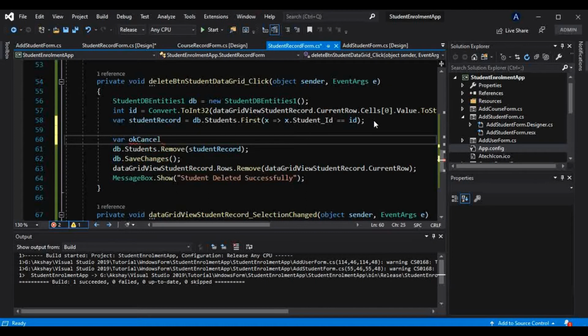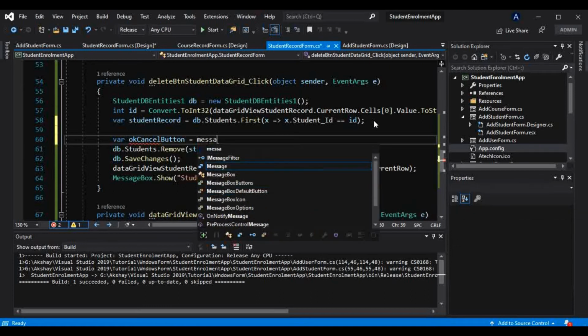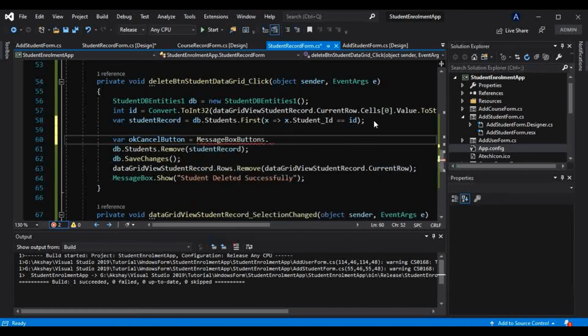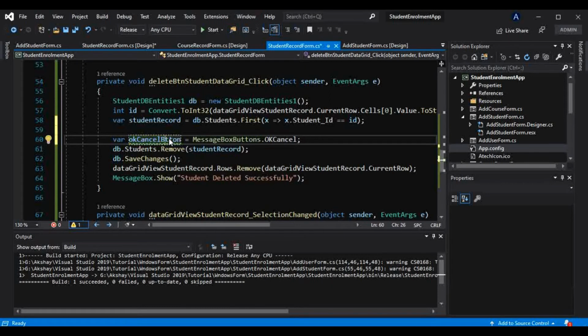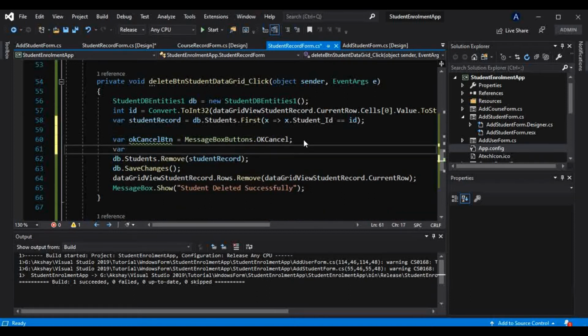OK cancel button, and you will find that in this message box buttons there are these options, that is OK, yes, no, cancel. Maybe I will use this OK cancel, and I am storing this button in this variable for now. Why? Because that will be a very big name here, and we are storing that in a small variable. And I will even shorten that name to something like btn only. Now I will use another variable here, and that will be confirm